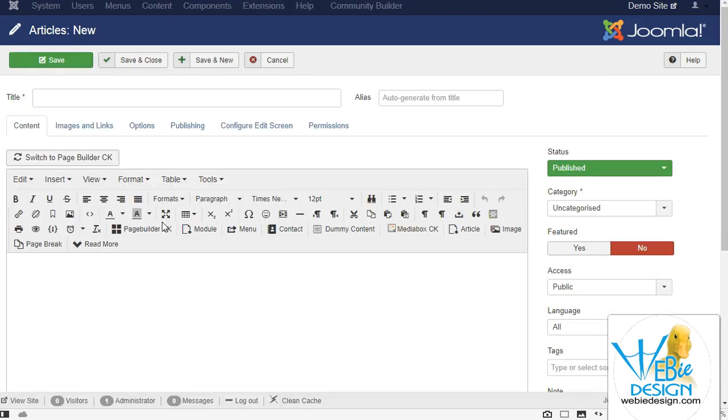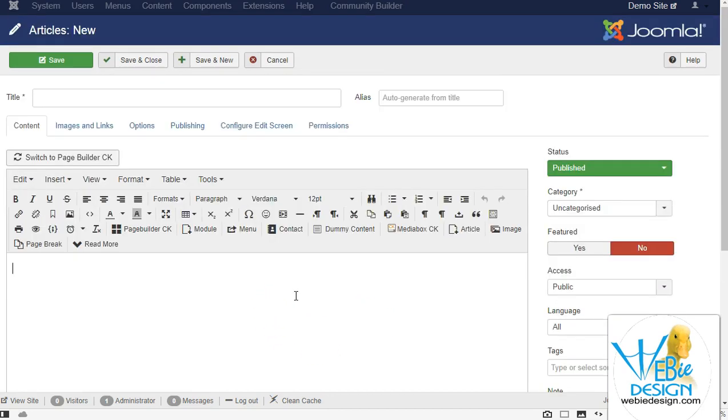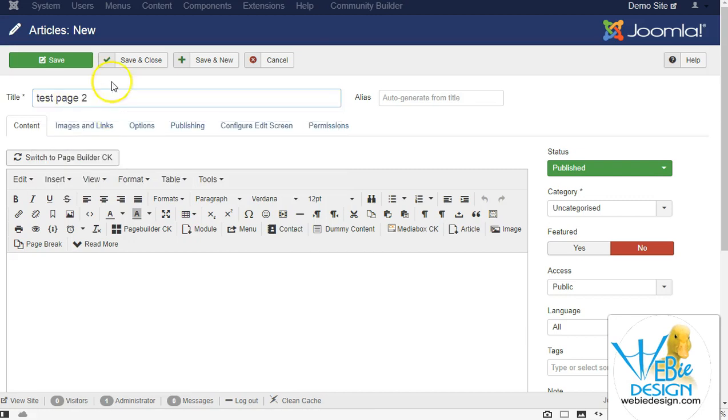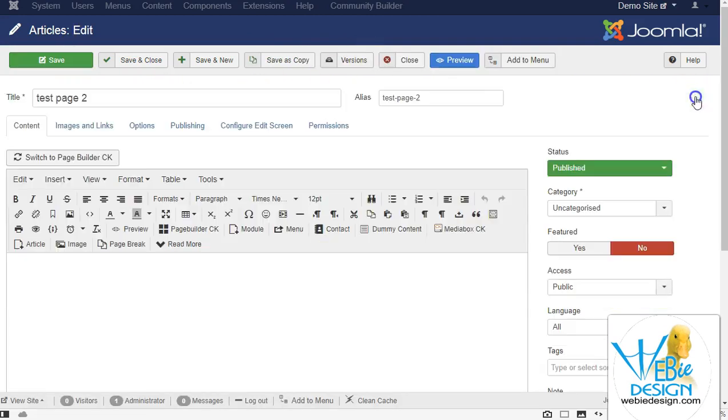Now, you see we just have this text box here when we do a new article. And that's pretty standard. And I'm just going to say Test Page 2. It's pretty standard to just have this sort of page. But what we're going to do is add some flexibility by switching it to a Pagebuilder CK